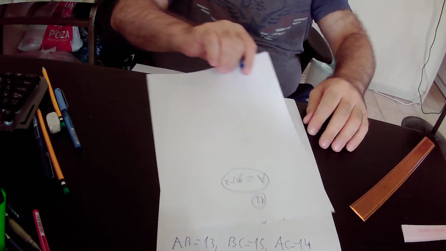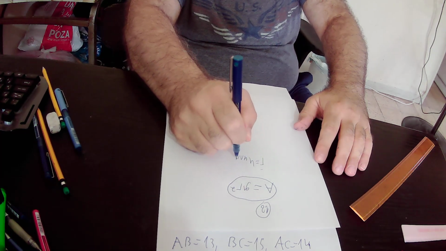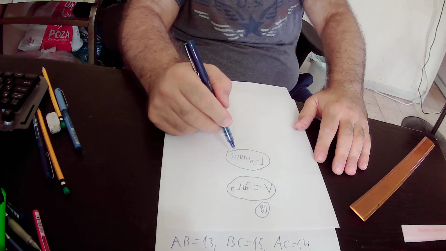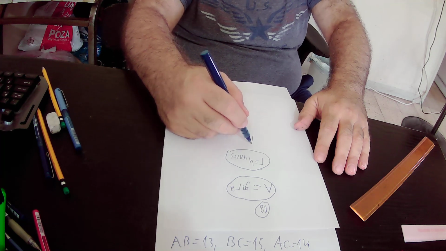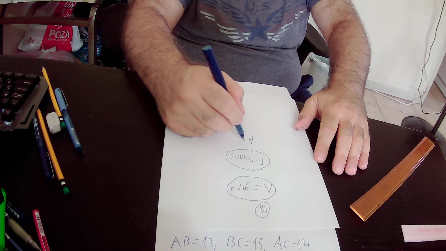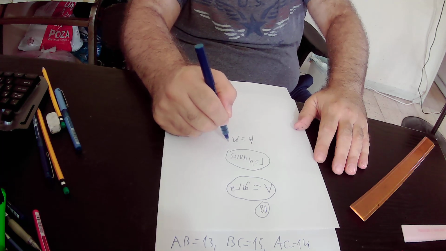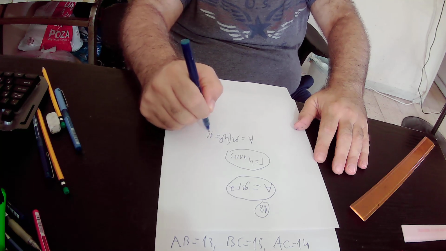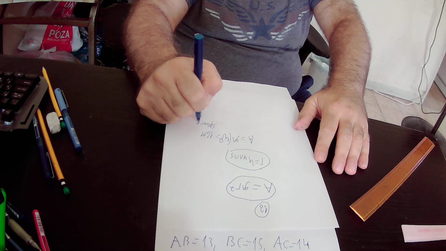And we have already found out that R equals 4 units. So we can substitute R by 4. So the area of the green circle will be equal to pi times R squared, and R equals 4, so it is pi times 4 squared. That is actually 16 pi square units,